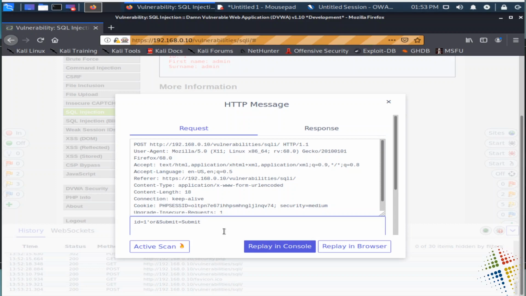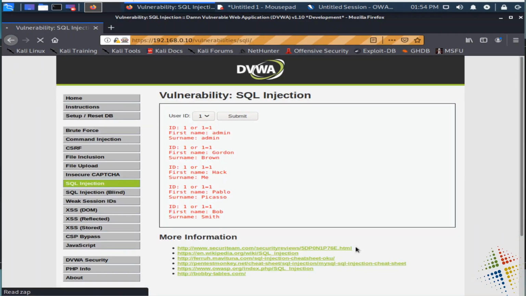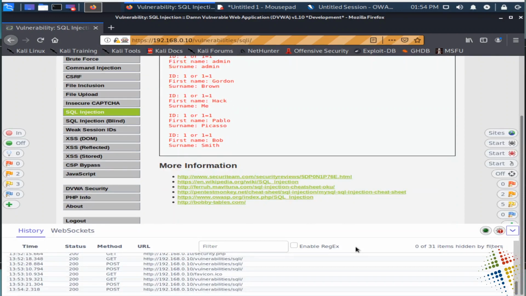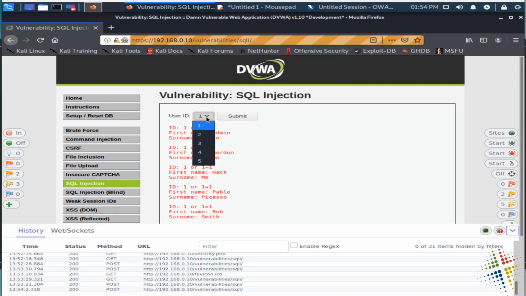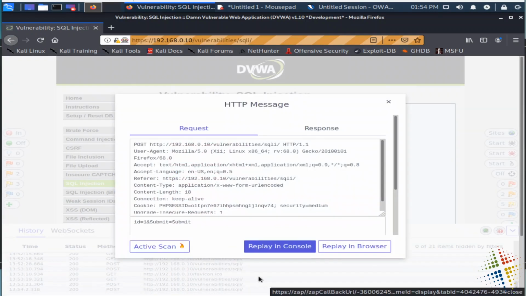Excuse me. Do I not need the quotes? Replay. There we go. I didn't need the quotes. That was my issue. So even though the web developer gave me a drop-down list instead of a field to type in, I can still do the same. That's awesome. And then just like before, I can start changing this into other things,